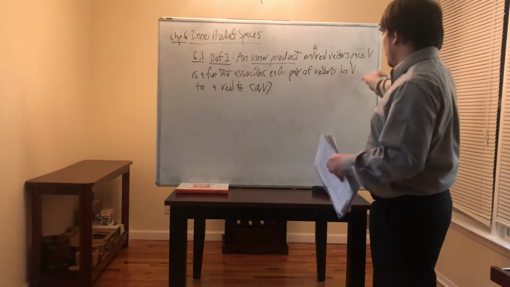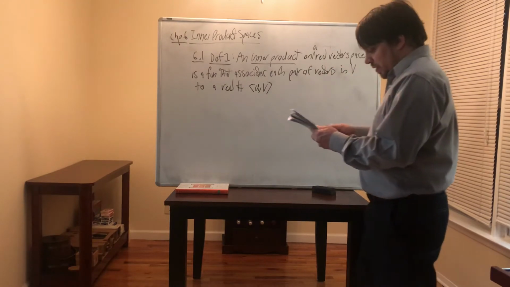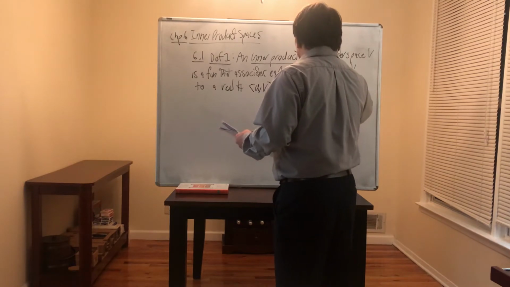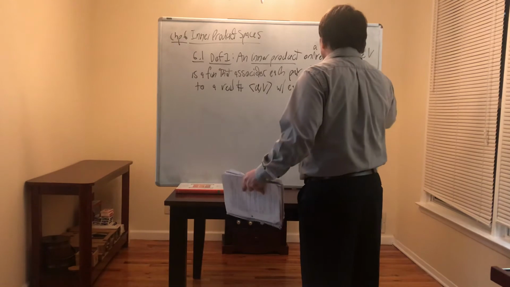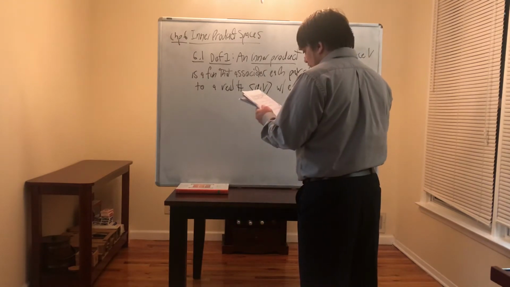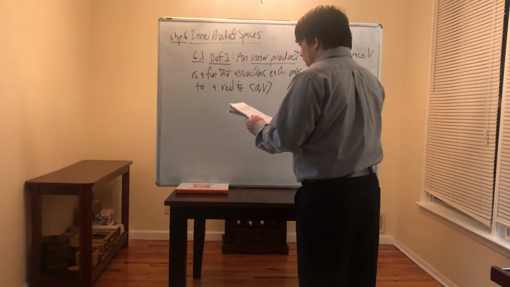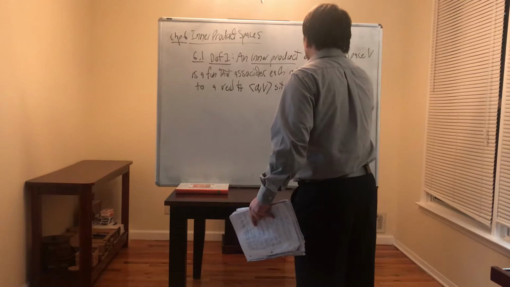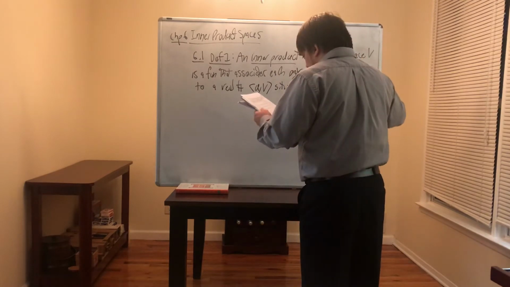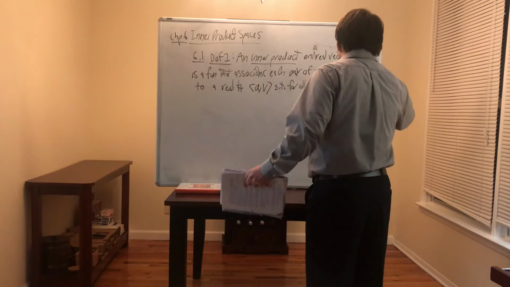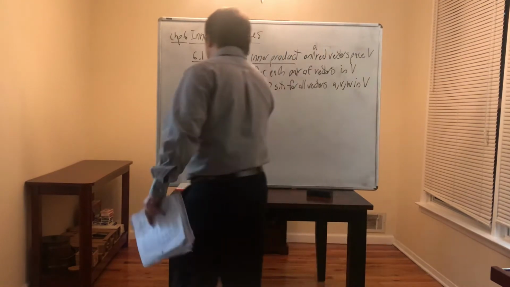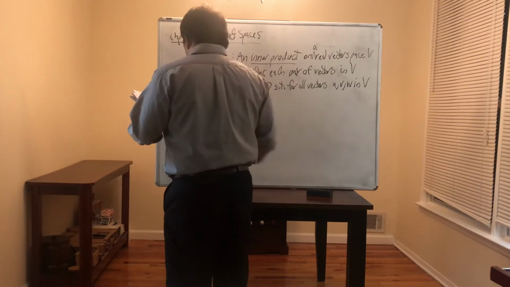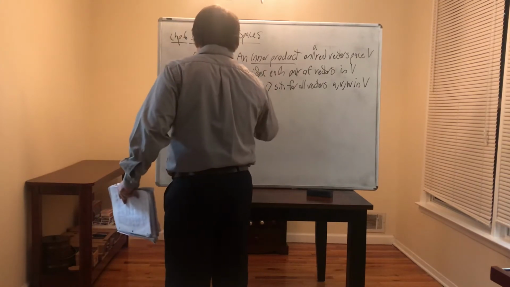Okay, so it associates each pair of vectors to a real number U comma V, such that for all vectors U, V, W in capital V and all scalars K,